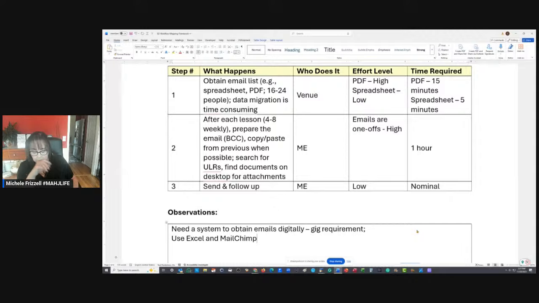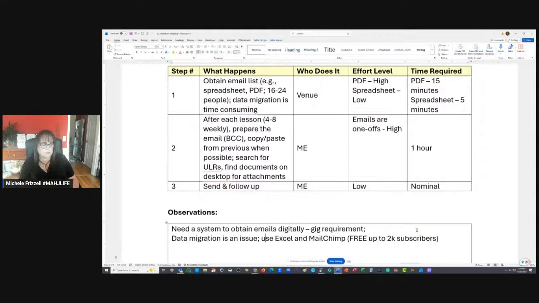And I highly recommend it. It's free, free up to, I think, 2K subscribers or something like that. And then so I just want to say, the data migration is an issue.